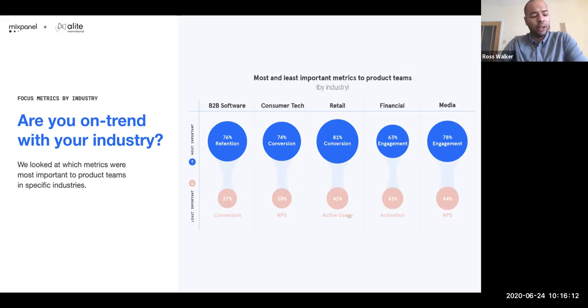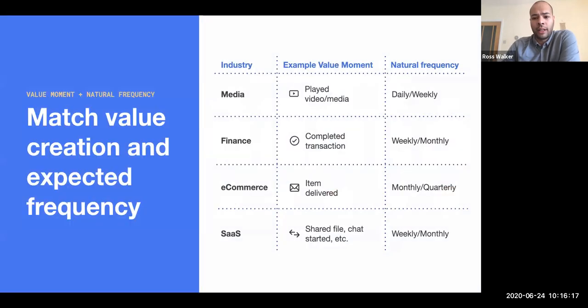But I think, touching a little more on how you define the focus metrics that matter the most for your industry, your organization and your product teams, there are a number of ways to do this. The most important thing first is making sure that you can understand those benchmarks in your industry and how they relate to you and your product teams. But with that, there also needs to be a more granular approach, combined with more specific focus metrics that allow you to understand exactly how your users are engaging with your platform.